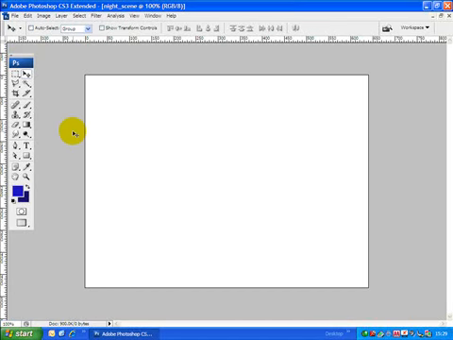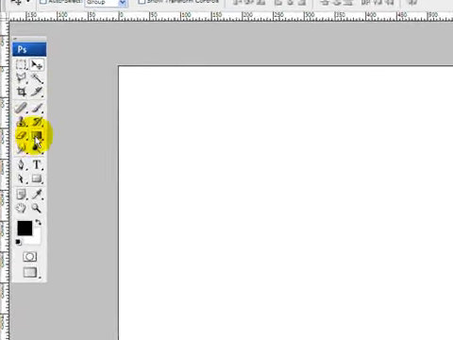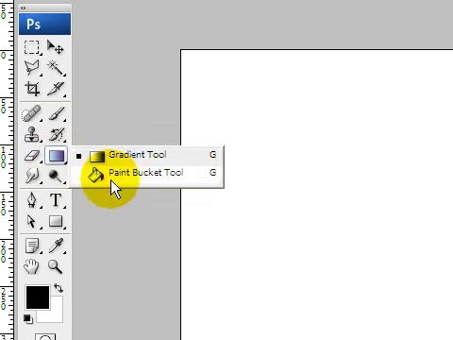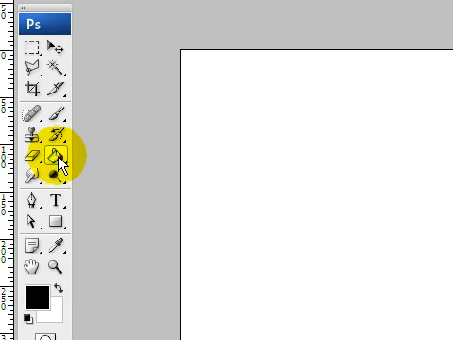Okay, so now we're going to apply a background to our image. So the first thing we're going to do is make sure that we've got the gradient tool selected. If you can't find the gradient tool, it might be this paint bucket icon. So if you can see the paint bucket,